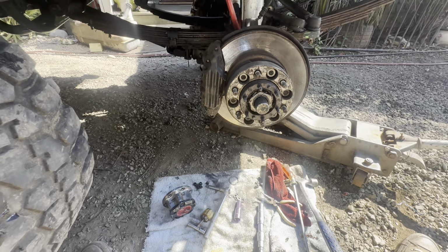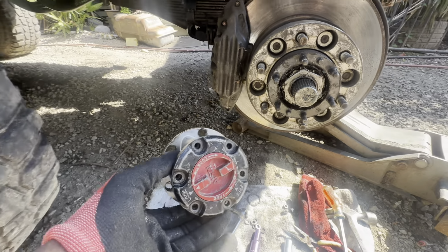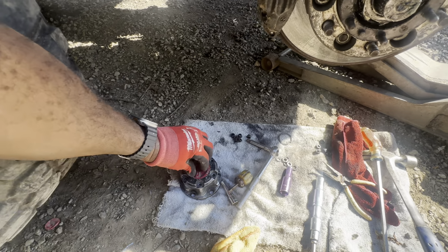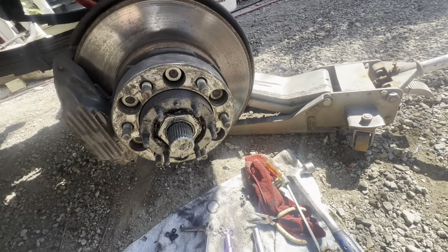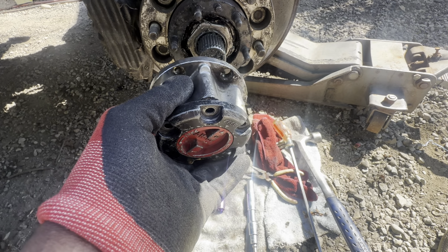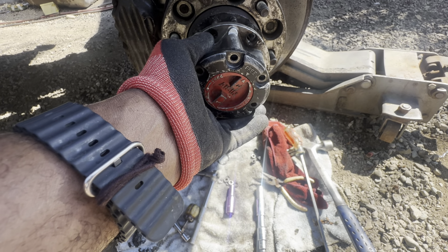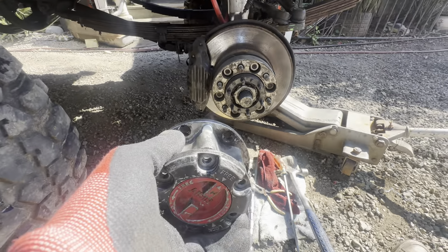So after further inspection of my Toyota front axle hub, for some reason when I go to engage the hub to lock when it's in four-wheel drive, it engages, it's locked, but then it seems like under load I lose my lock. It doesn't stay locked. So if I jack this up like how you see it right now